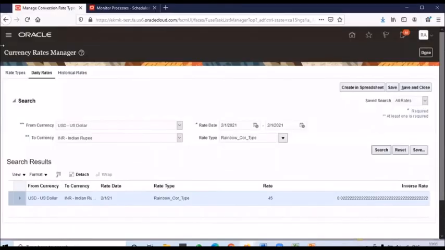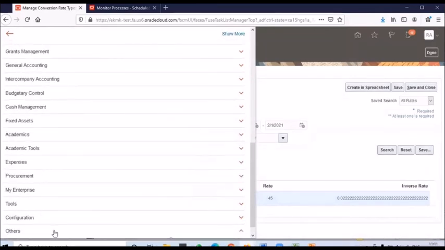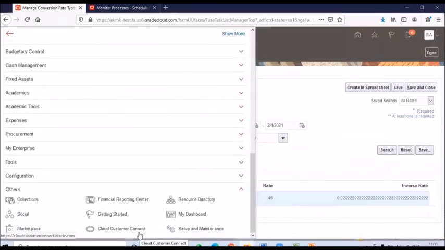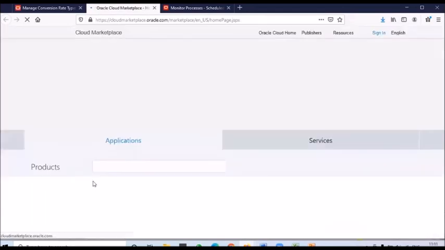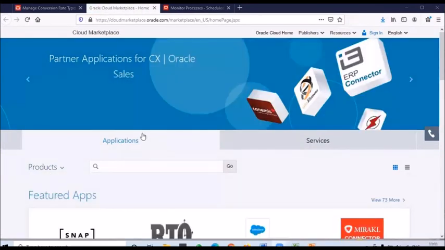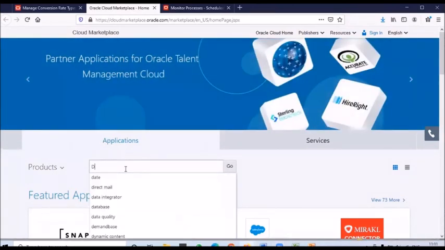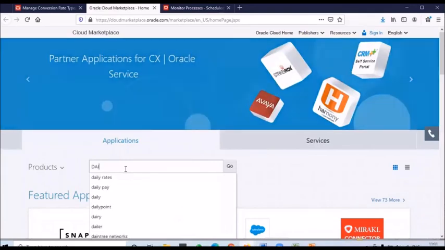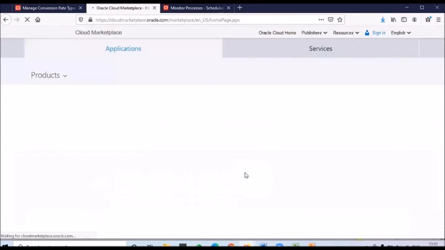If you want to see that, you can go to the marketplace, directly here itself also. Oracle Marketplace. Any third-party tools you want to search, you can search here. In Oracle Marketplace, a lot of third-party tools are available. The technical team will come here, search, and find them. A lot of things are available. It's not a single thing.